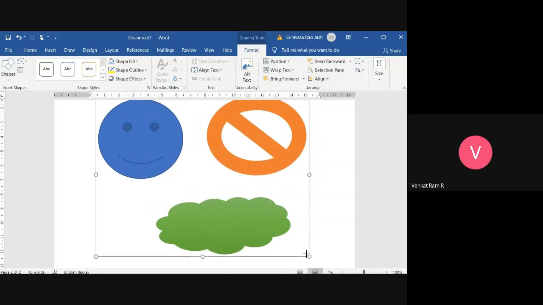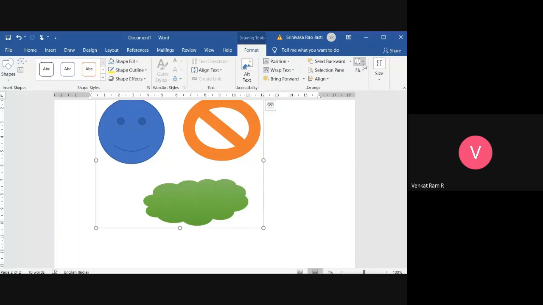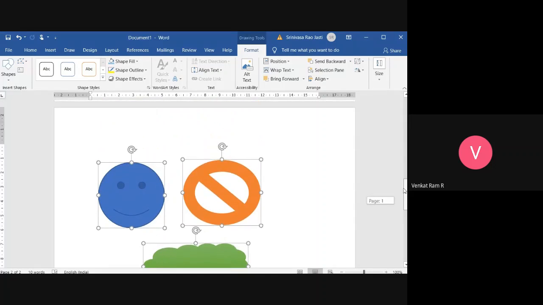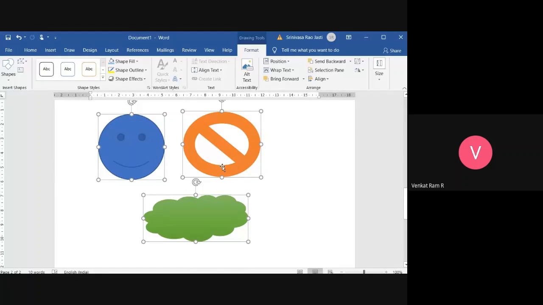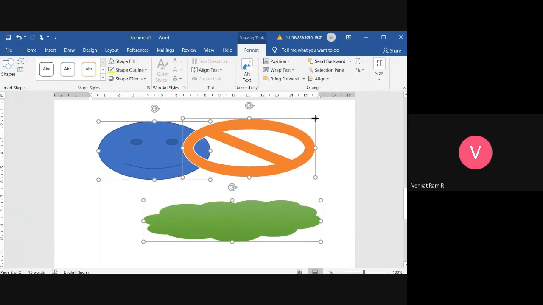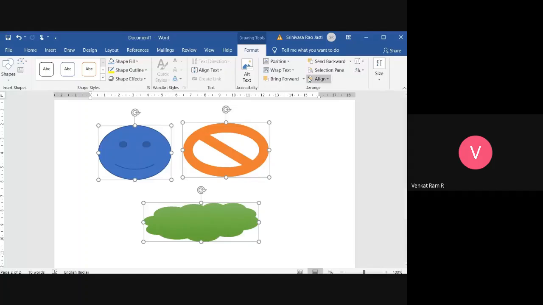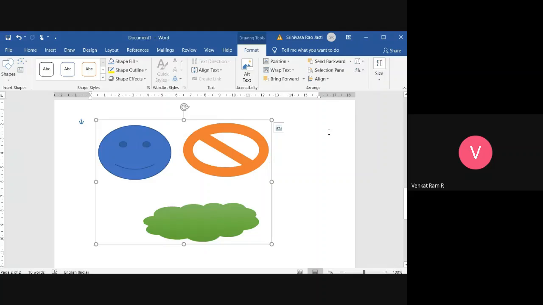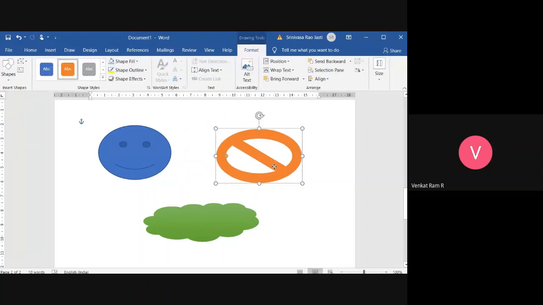If you don't want that to happen, again go to that Arrange group and click on Ungroup, and it will be ungrouped. Okay, so that the 3 images will be different, and you can change the size individually. But if you want to change the size together, you have to group it. If it is grouped, it will apply to all. If it is ungrouped, just click on Ungroup. Okay, see here.